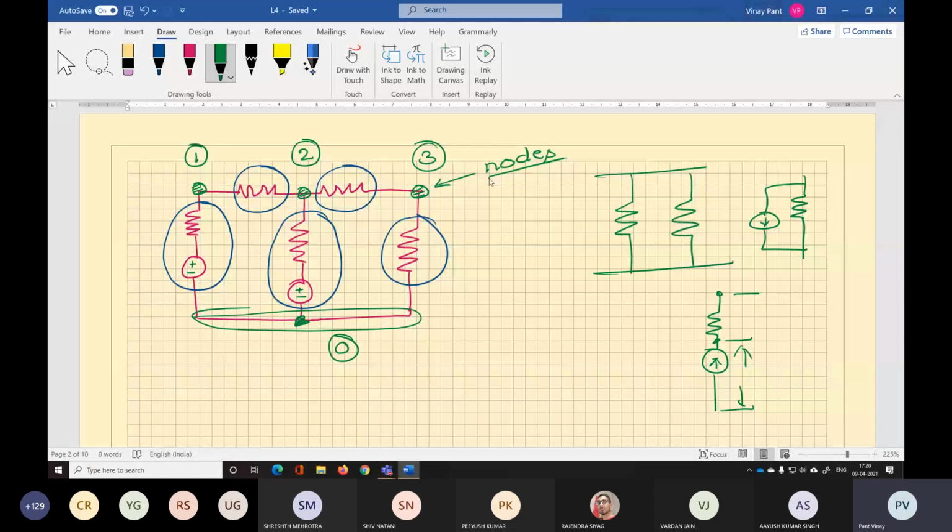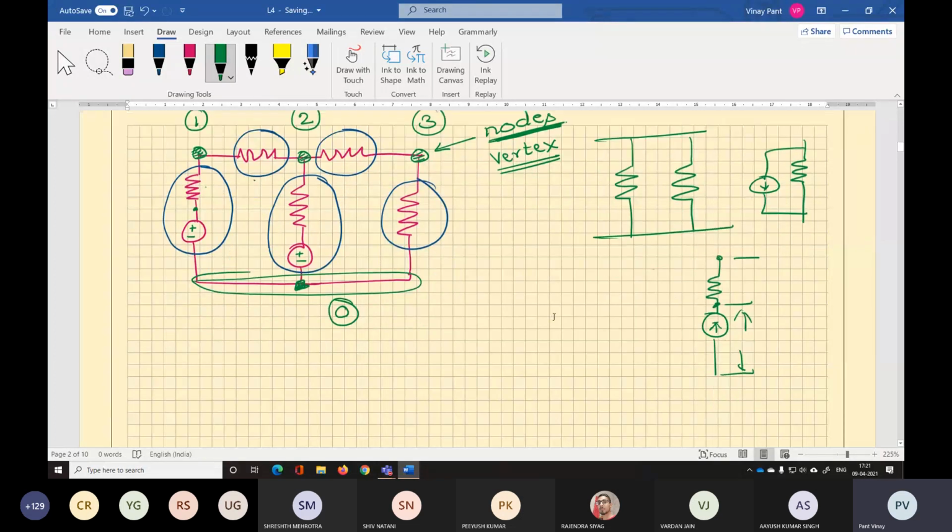So is the concept of nodes clear to you? It will be the junction point of 2 or more elements. This is one element. Previously, if you remember, we were calling this a node. But for graph theory, we will not call this a node. This is the internal node of the element. We will just treat this as one element and its junction with some other element will be treated as a node or a vertex. We'll call this a node or a vertex. Is the concept of node clear to you in graphs?